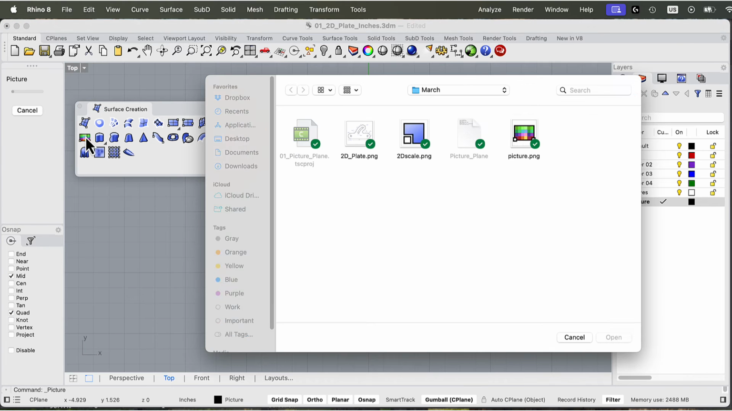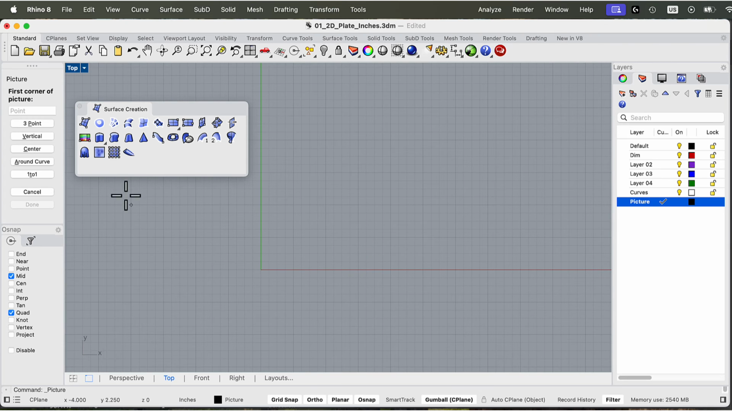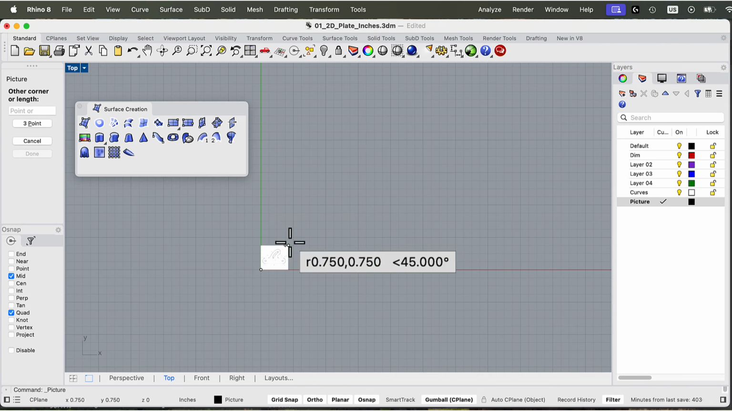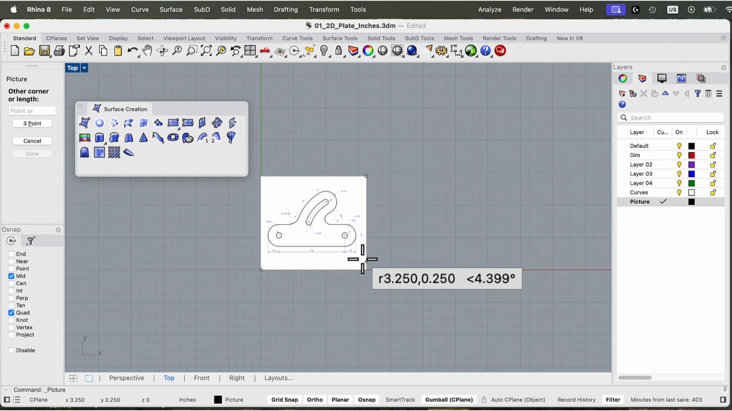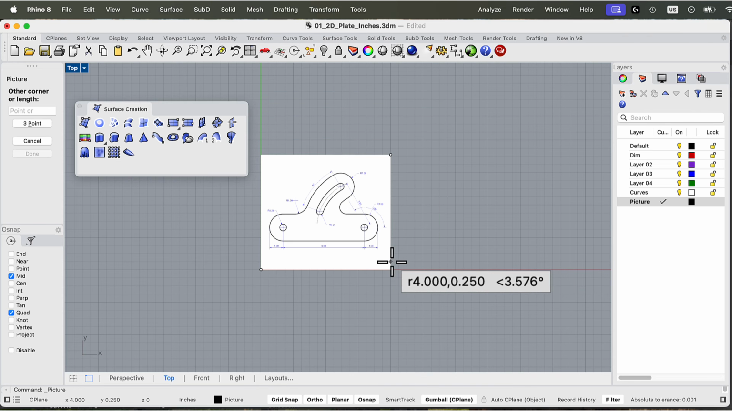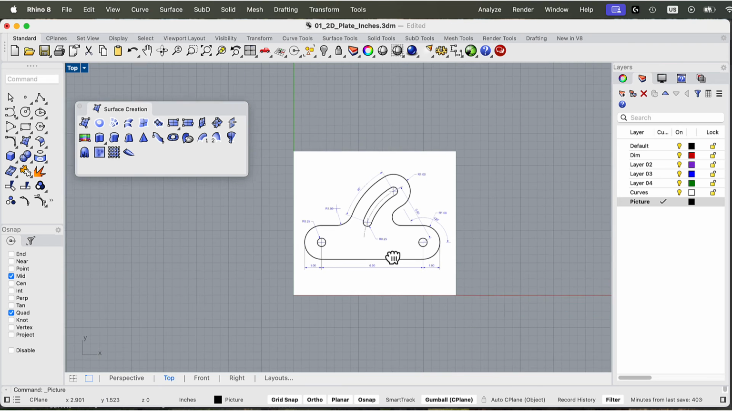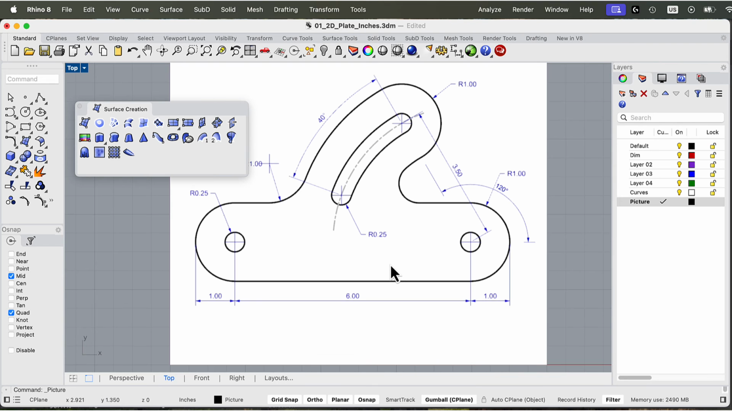Left click and we're going to import this drawing. Open. Notice the Rhino needs to know where you're going to place it. I'm going to place it at 0. Enter. And how big do you want to stretch the picture? Let's set it over here. Once I have that,